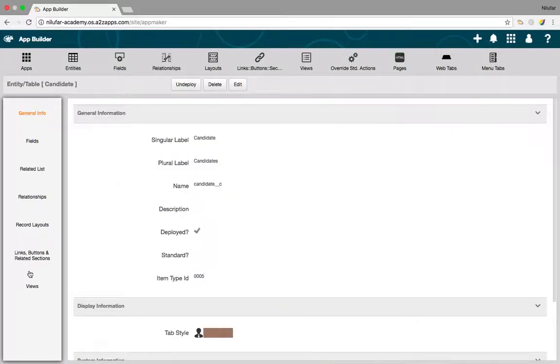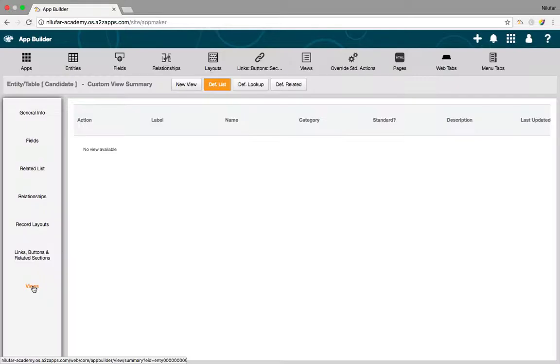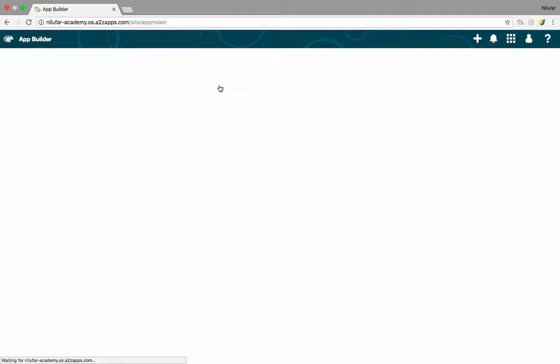So over here you can see there is a tab called view, which helps me to predefine the view that I want, predefine the number of columns that I want to see over there. All right. So over here on the top you can see there is a view called default list view. The view which we were seeing in that particular app is the list view. So I'm going to change it. I'm going to set up a default list view for that particular entity.